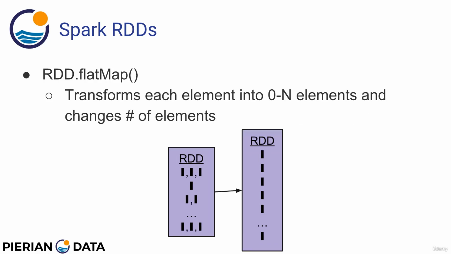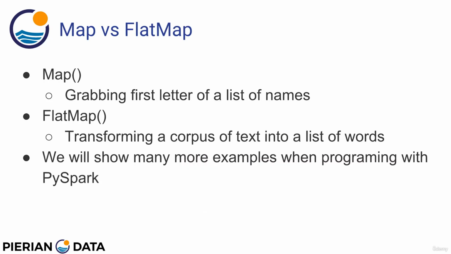RDD flat map is going to transform each element into 0 through n elements and will actually probably change the number of elements from your original RDD to after you perform the flat map operation. Sometimes there's some confusion between map versus flat map. Let me go ahead and give you two examples to try to clarify this. And don't worry if you don't understand yet, we're going to show a lot more examples when we actually program